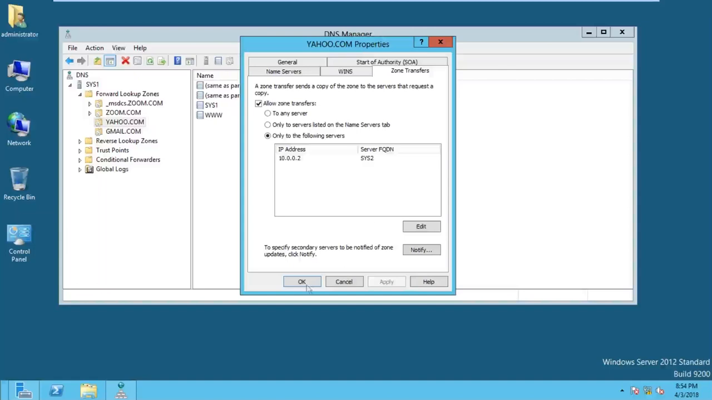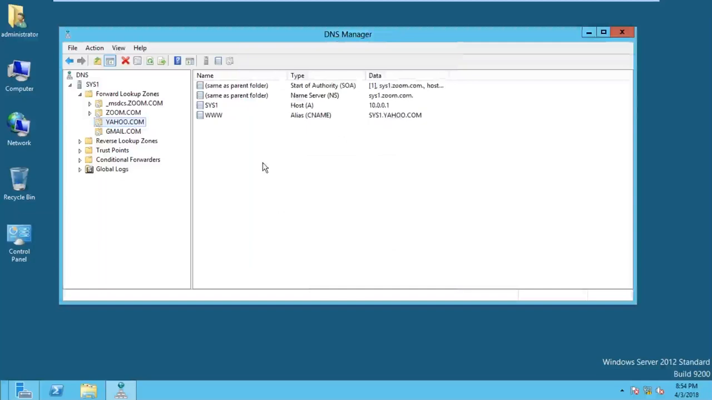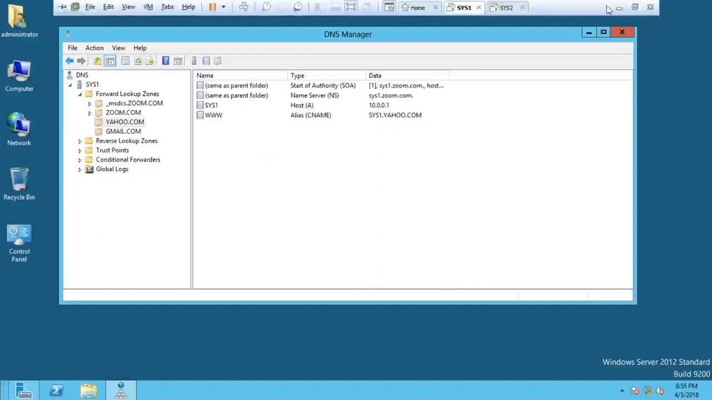Okay, now here, once you click apply OK, your job is done. Then write down verification. Where do we have to do the verification? In system 2 backup zone. Okay, so please write down, in system 2